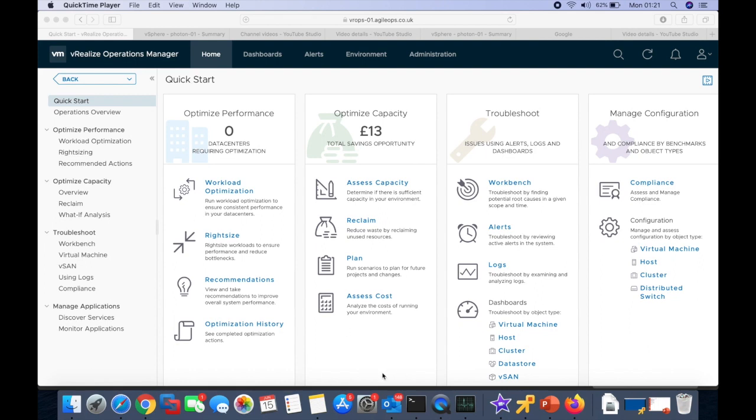Today I'm going to show you how to troubleshoot a live issue. So as you know, I have installed VROps, which is a monitoring tool from VMware. We got our vCenter connected. It's been running in my environment for over, I think, 42 hours, so it's roughly 2 days. As you can see, it's already starting to give me some optimization opportunities. If I click on operations and overview,